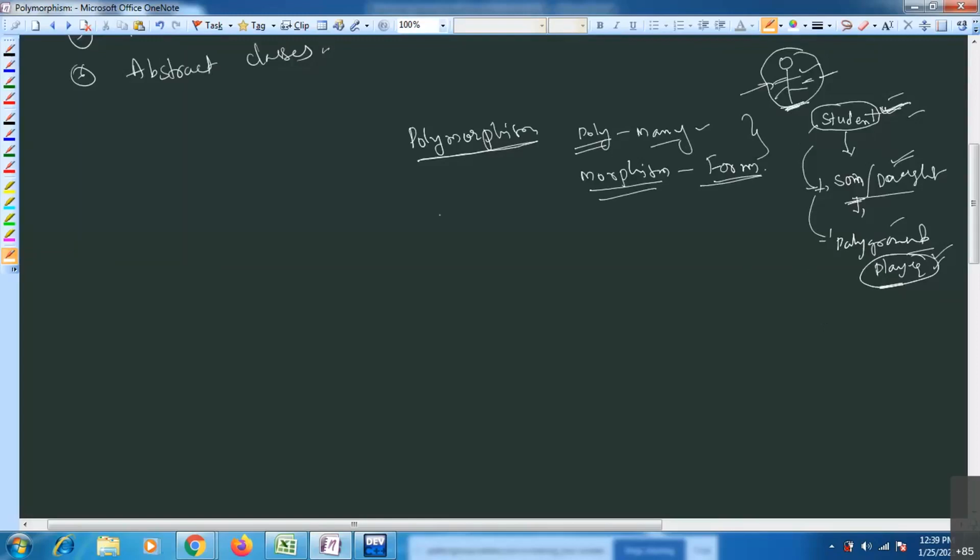In C++, this polymorphism concept we can achieve in two ways. One is compile time polymorphism. The second one is runtime polymorphism.